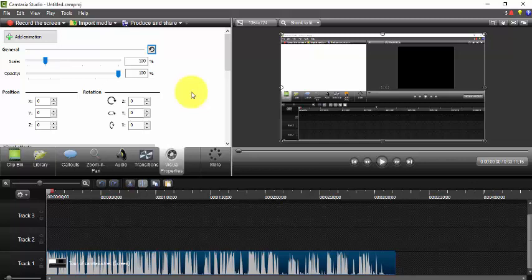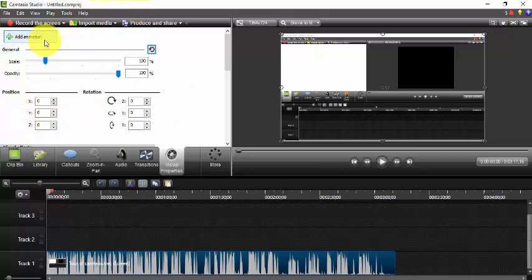In Camtasia Studio, all of this can be adjusted with pixel perfect accuracy in the Visual Properties tab. For example, here is the scale slider, and here is where you can add rotation and you can change position from here,